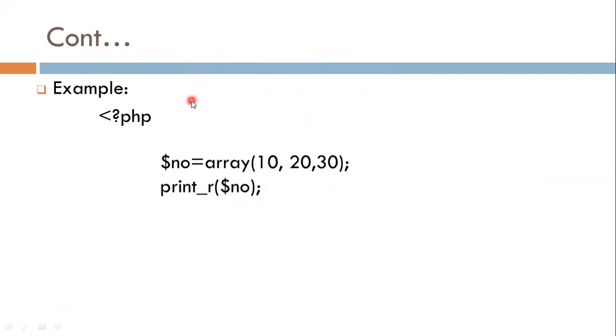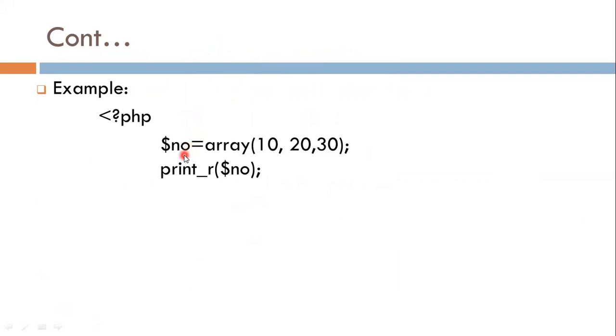First of all, write a PHP script according to the syntax for creating array using array function. Write array name $number equal to array function, in brackets the values of array. So here I write 10, 20, 30 separated by comma.